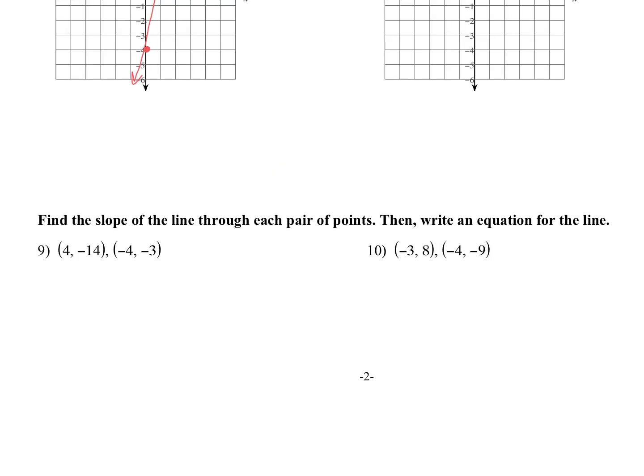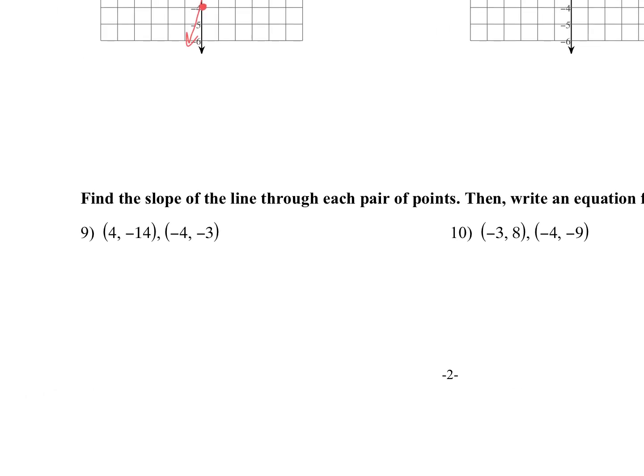All right, so now the next type of question that you're going to see, so like I said, you're going to have to graph by hand one line. But another question that you might see is just finding the slope of a line. On top of that, you might need to also find the equation of the line that passes through those points. All right, do you remember our slope formula? Is it